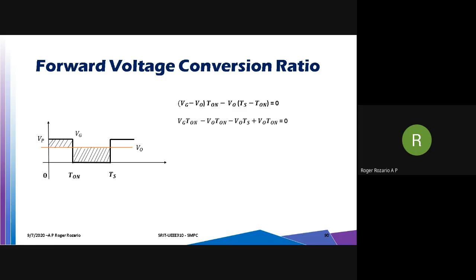This statement is the same as saying that there is no DC voltage drop across the inductor. All of us know that the impedance of an inductor for DC is 0. So whatever current is flowing through the inductor, if it is a DC current, the voltage drop across the inductor will be 0. The average voltage on one end of the inductor will be the same as the average voltage on the other end of the inductor. On an average, the inductor does not support any voltage. All these are equivalent statements, as the average voltage across the inductor in one cycle is 0.